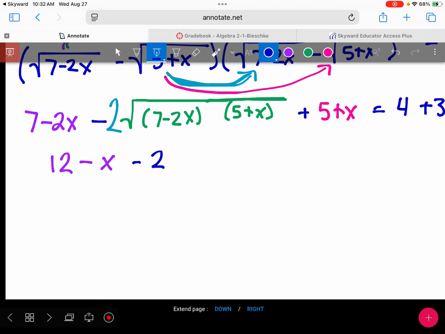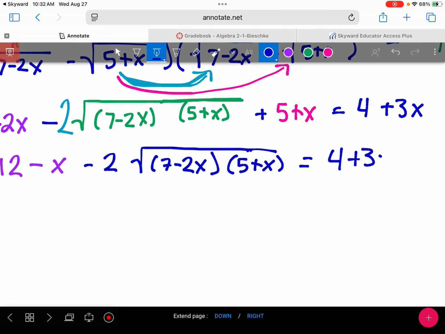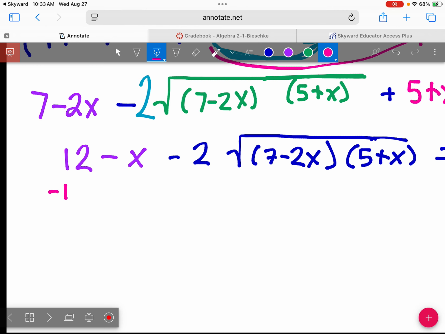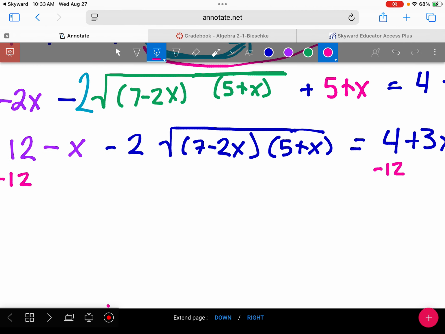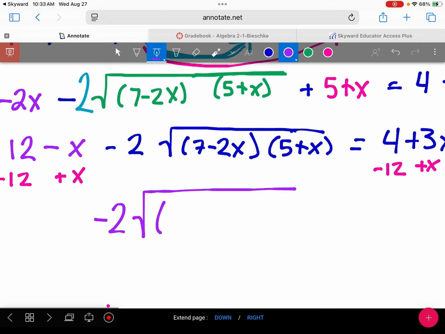And then we have this thing, minus 2, square root of this hot mess. 7 minus 2x, 5 plus x. I still want to get that radical by itself, so I'm going to try and get everything else to leave. So I'm going to subtract 12 from both sides. I'm going to add x to both sides. That's going to leave us with minus 2 square root of our 7 minus 2x, 5 plus x